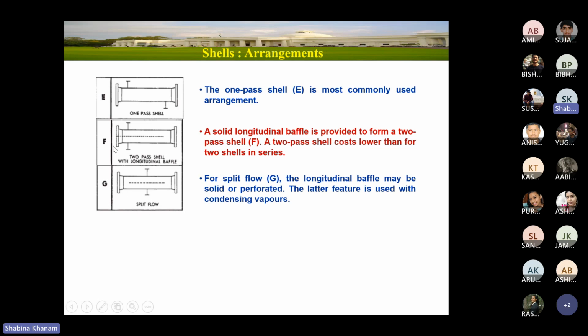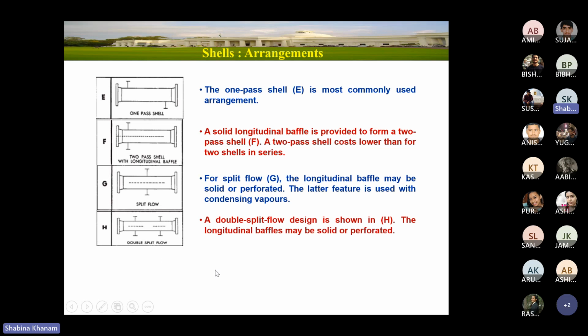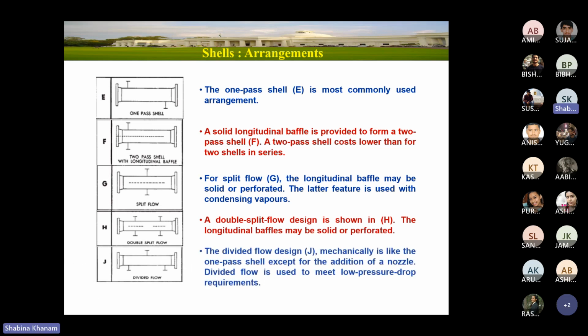To the lower section. So in E, F and G, the fluid will enter from here, split in two parts, and then collect over here and exit from this side. So this is type G. Type H, similarly you can see this is double split. Type J, where the fluid enters from here and then moves towards this nozzle, or this nozzle